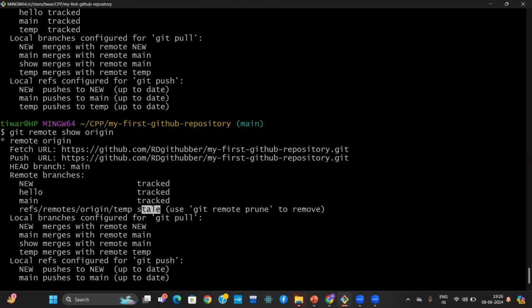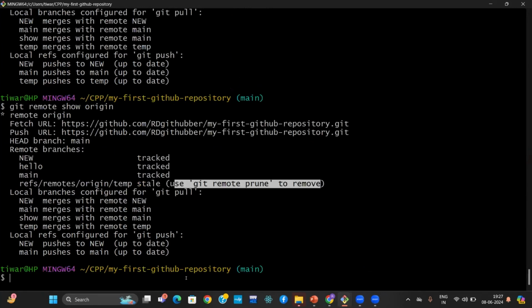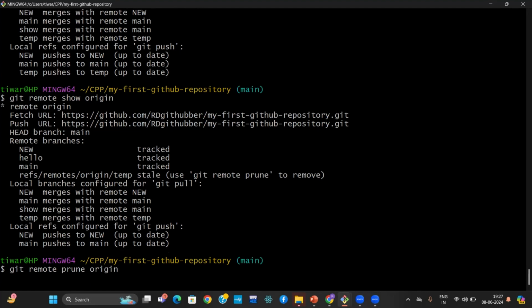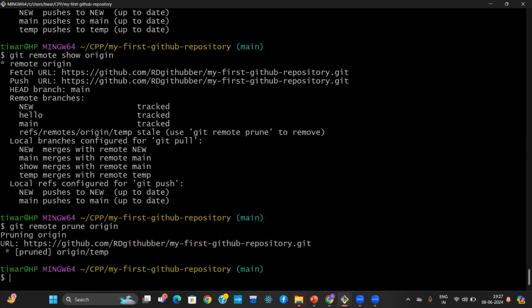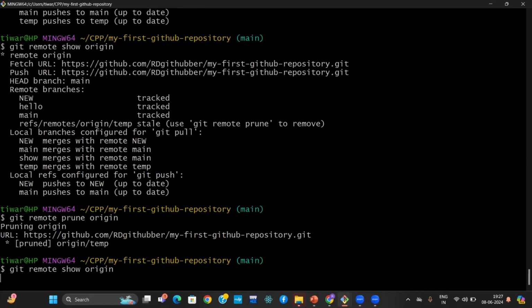What is stale? I explained in my previous presentation. Stale is a branch which I earlier used. If I want to remove this purely from the public one, I use git remote prune origin, with the repository name origin. So it will be pruned, and after that, if you run this command,